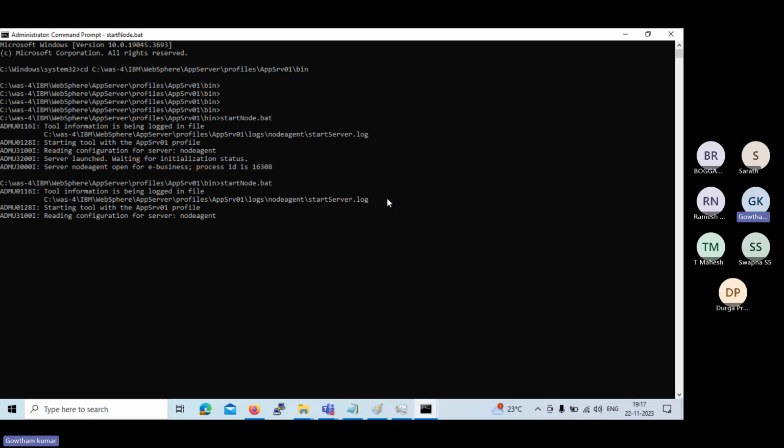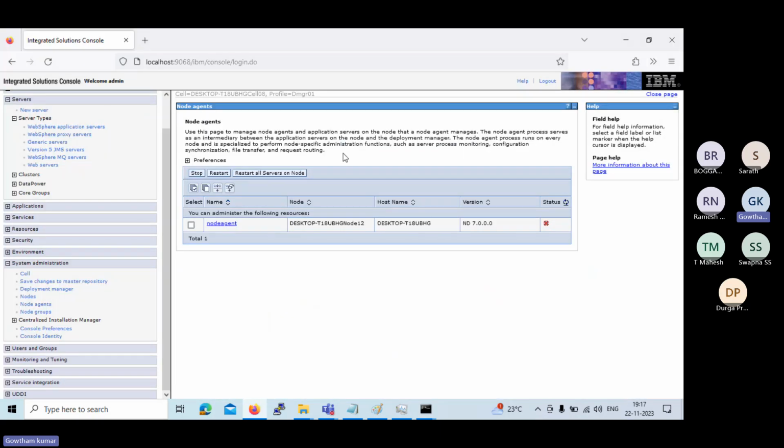Okay, any questions up to now? If all good, we'll move on to the federation. So we will federate node 2, which we have created today. That means profile 2, which we have created today, we will federate to the same dmgr. Then we will see the changes in the console. What else we can see and what are the additions we are going to see, that we will observe after